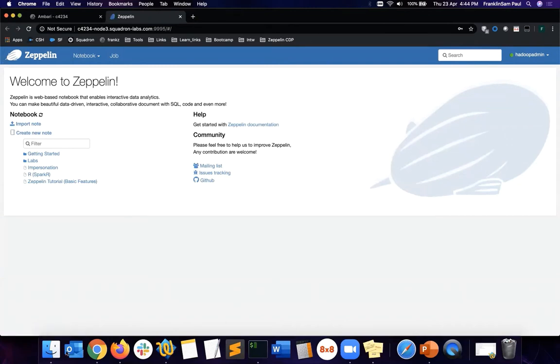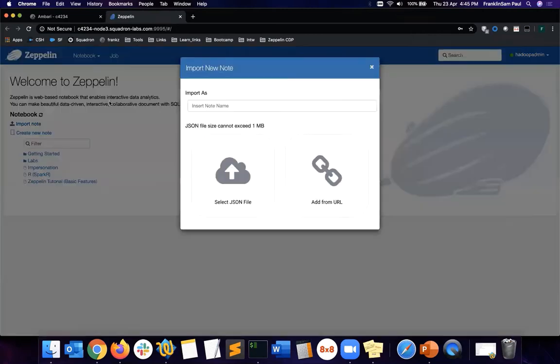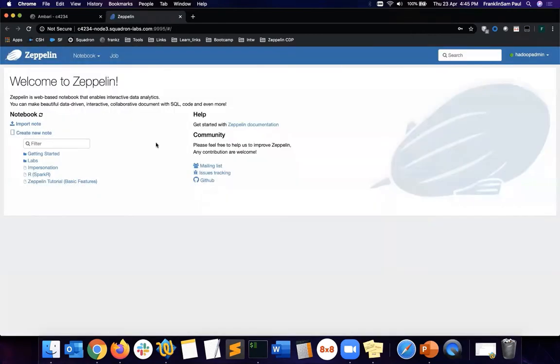This is your launching page of your Zeppelin, where you are seeing the mailing list, GitHub link for the code, and your Zeppelin documentation on all your notes where you have access to. Here you can search for your note, or you can create your own note, or import a note from your local machine. So in this case, the notes can be grouped together. You can group the notes in a directory like this.